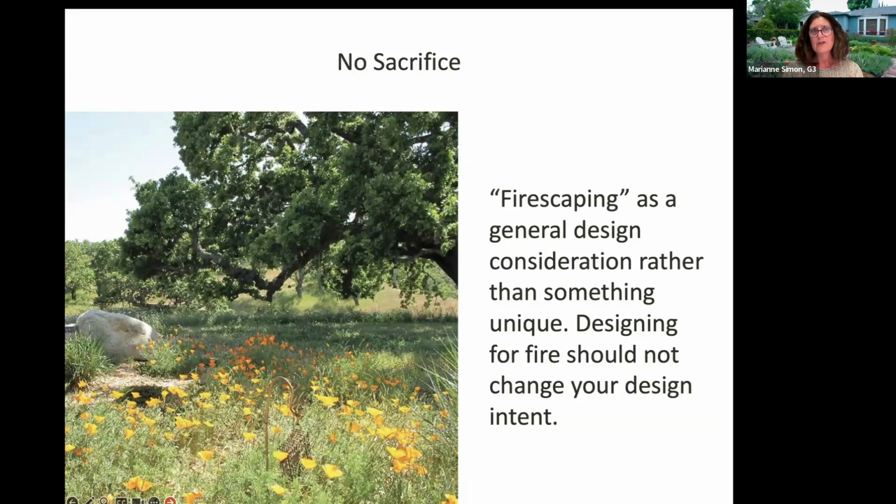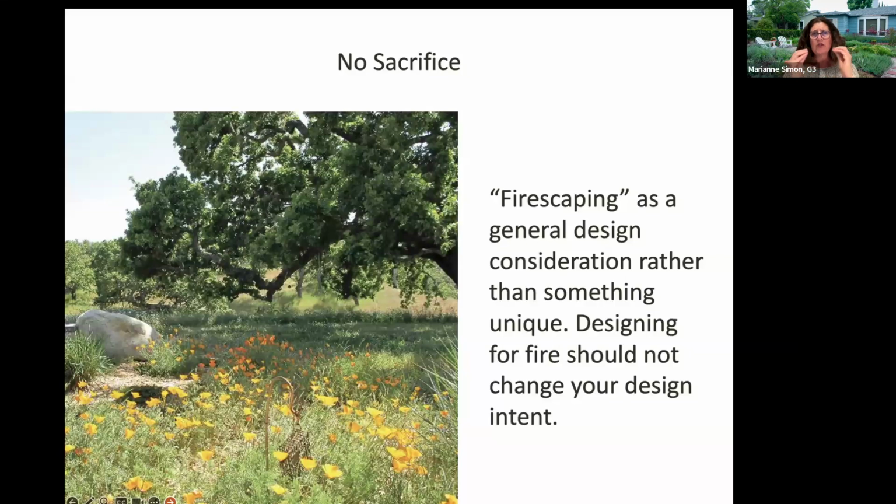As we go into the rest of this presentation, we don't want to look at firescaping as something separate, something other, but more how can the principles of watershed-wise design be applied in order to help reduce that vulnerability?